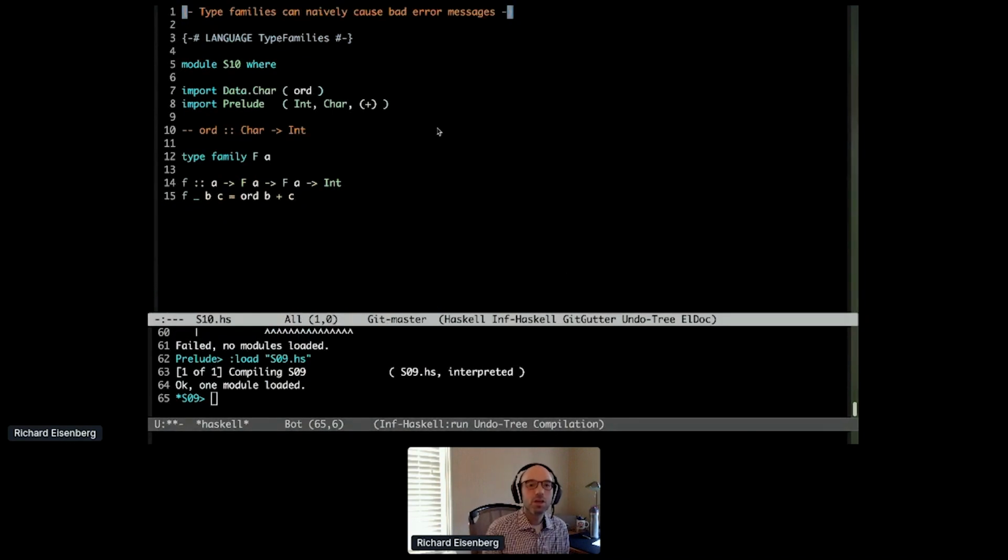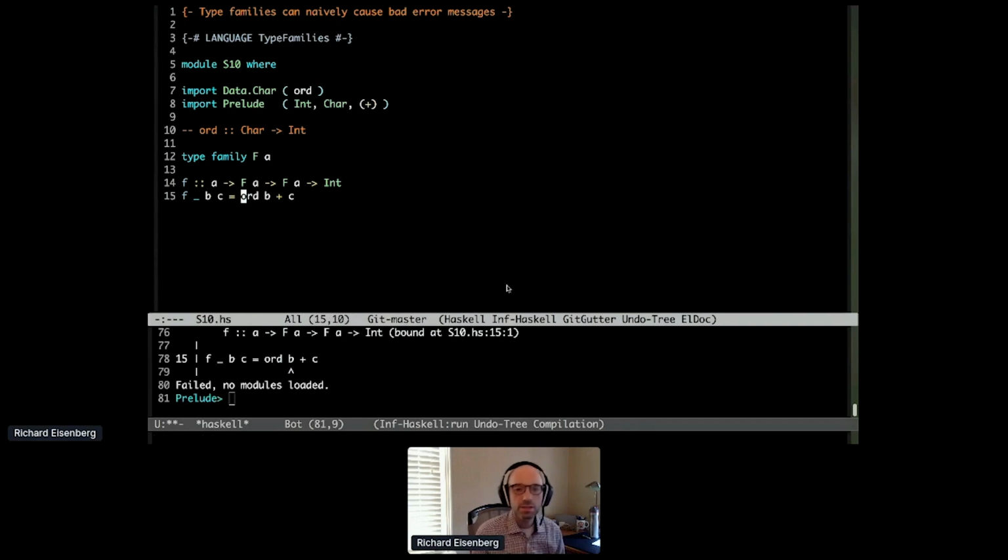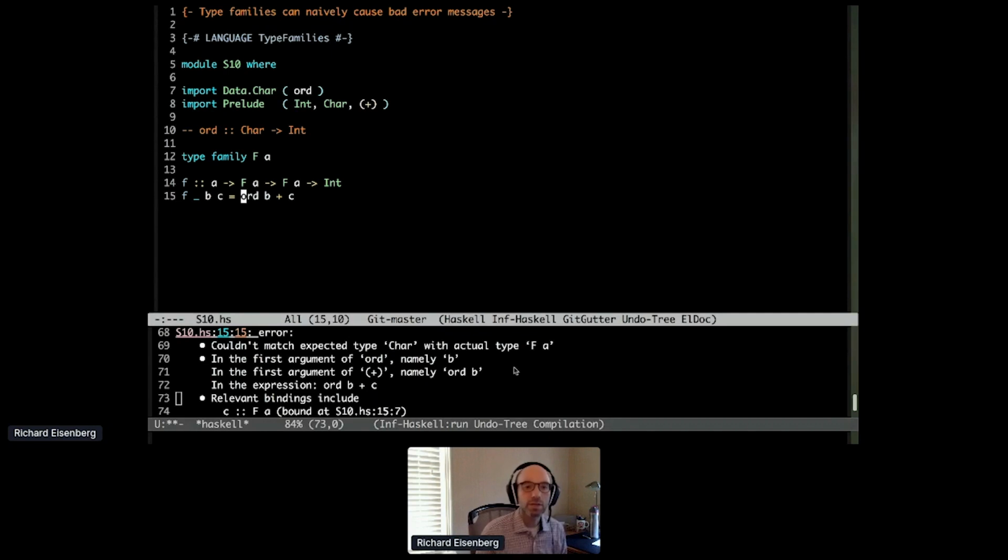number 10 here. So in number 10, we have a type family F again. And then we have this function. So again, we're not trying to infer the type, but there's some bad type stuff going on in here. If I try to compile this, we're going to get an error message. And we can see that as we build our wanteds and givens. So here we have B has type FA, C has type FA. And if we look, we're going to get a wanted from ord B that we must have FA equals char. And we also get a wanted from the fact that C is being added to these others, that FA equals